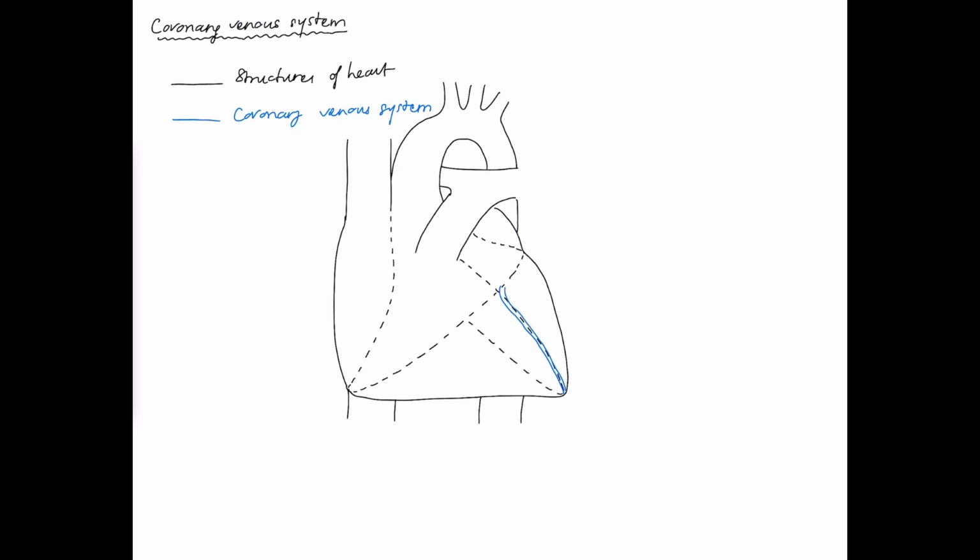And the great cardiac vein is going to go, first off, like I said, within the anterior interventricular sulcus, and then it's going to course within the left coronary sulcus to the left border of the heart, right there. Okay, and then it's going to go to the posterior side of the heart, like this. Okay, and at this location right here, this vein, the great cardiac vein,